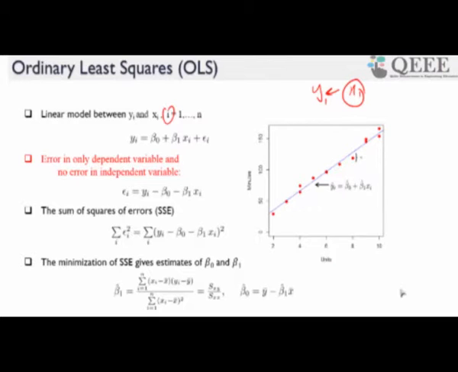So if I were to write for each sample a relationship between y and x, then I would have a deterministic part and a stochastic part. Notice that the deterministic part explains y in terms of the independent variable. So what it says is, if you have a value for an independent variable, you multiply that by beta 1 and add another constant beta naught, that will give me the predictable component of yi, or the deterministic component of yi. On top of it, for every sample there is an error that comes in, which is denoted by epsilon i,